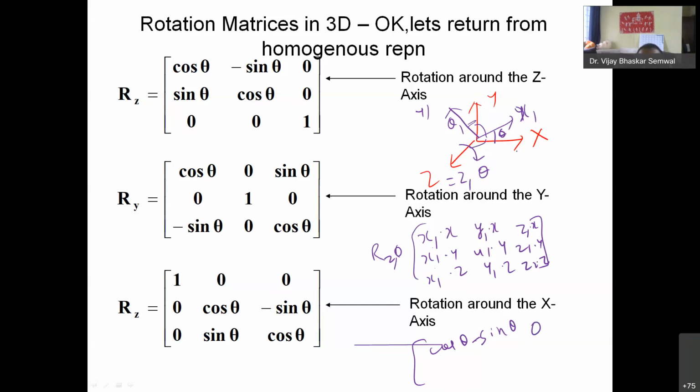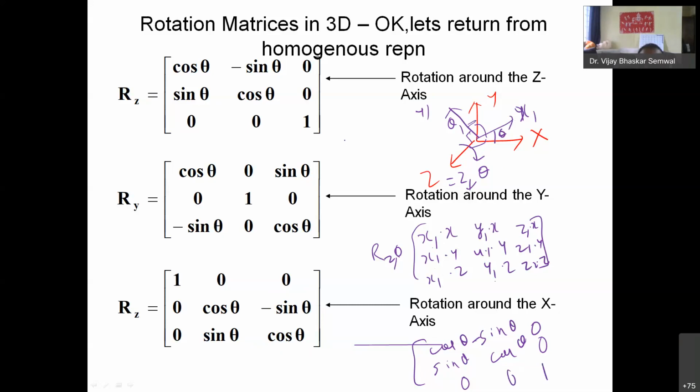x1 and y, this is 90 minus theta, so sin theta just. y1 and y is just cos theta. And z1 and y, so z1 has not rotated, this is always the perpendicular axis, so this is again 0. x1 and z is again cos 90, y1 and z is cos 90, and then z and z is same,